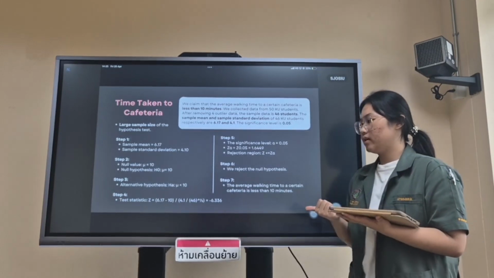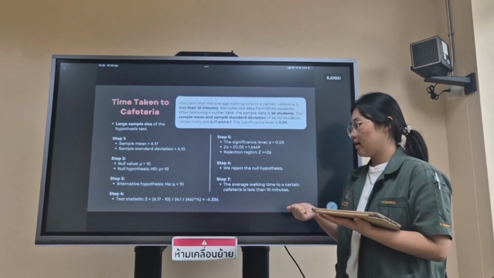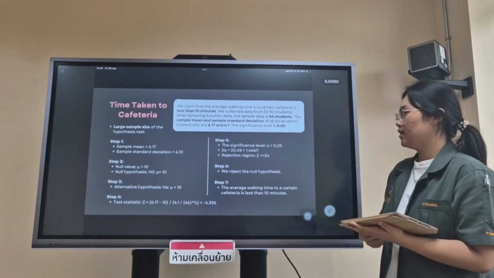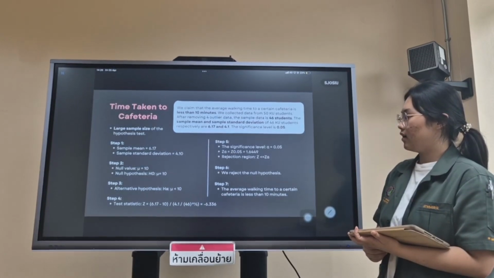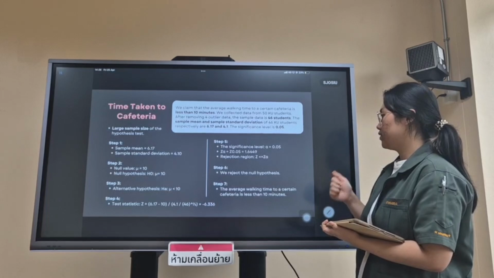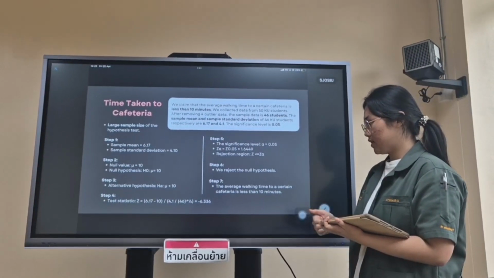And 4, we compute the test statistic equal to negative 6.336. Then 5, since we set the significance level equal to 0.05, we compute that the rejection region